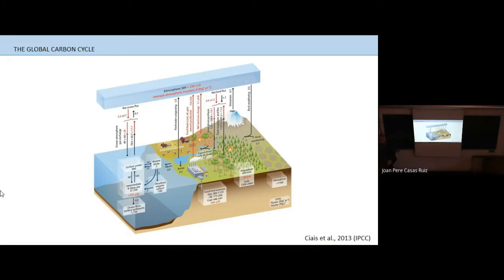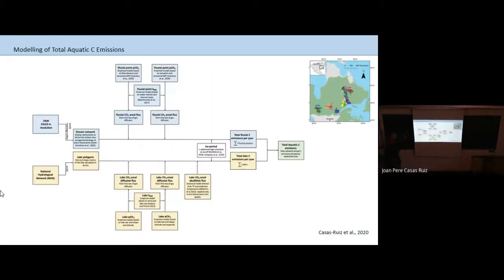So not only streams, not only rivers or lakes, but the whole network, right? And we wanted also to take into account these ecosystem individual properties like the size and shape of lakes, also the size and position of streams along the water continuum, etc. And this is what we tried. We tried to make a very integrative framework. I'm not going to go into details because I'm sure you cannot read anything back from there, right?